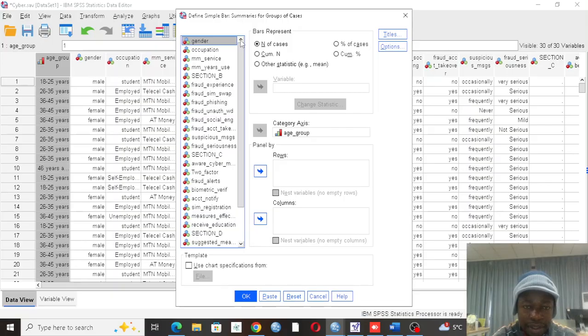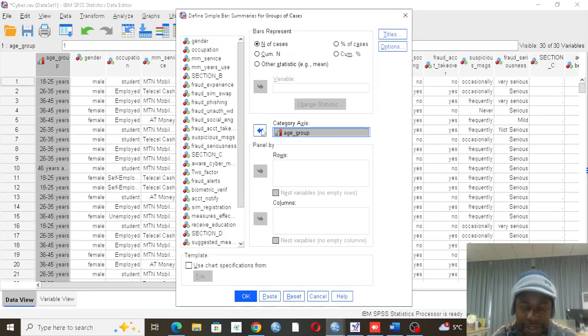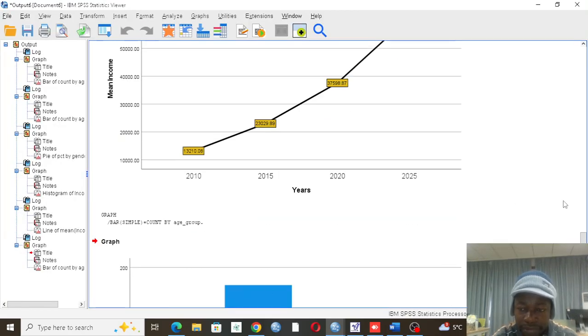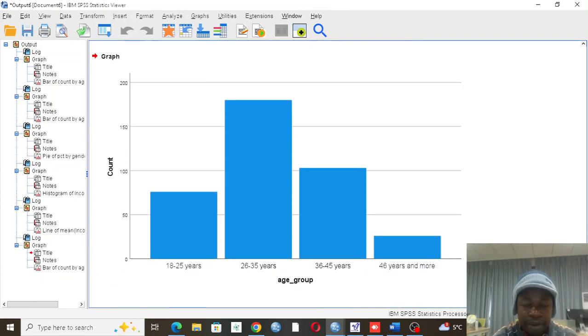So we will deal with this one. Age is categorical, so we put it in the category axis, and then we leave it this way. So now what else? There is nothing for us to do. Then we say OK. With the OK, we have our